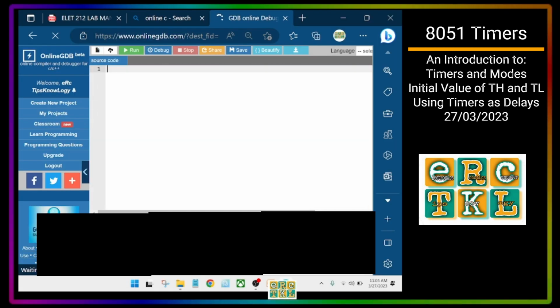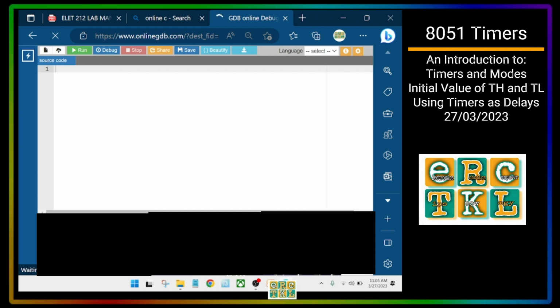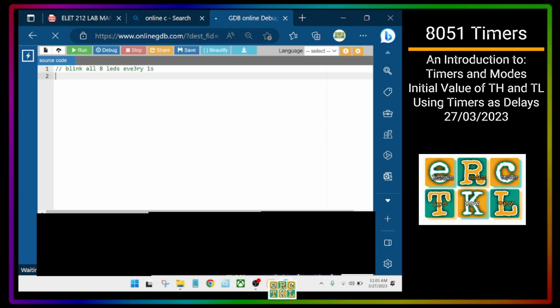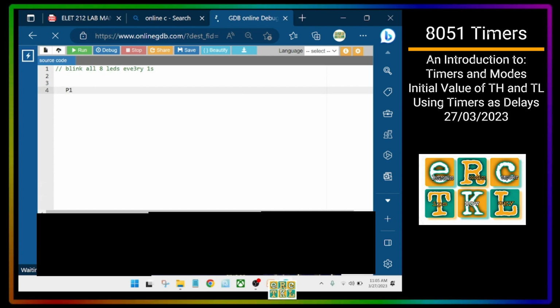Okay, let's write the program to blink all 8 LEDs on relay card every 1 second. Okay, blink all 8 LEDs every 1 second. What's the command? You said P1 equals what? 0xFF. After that,